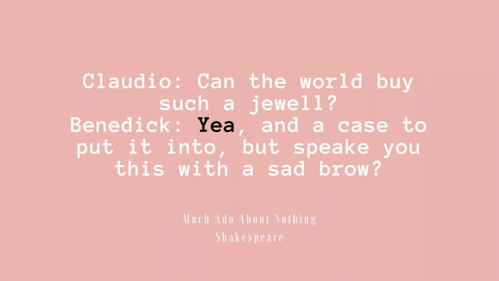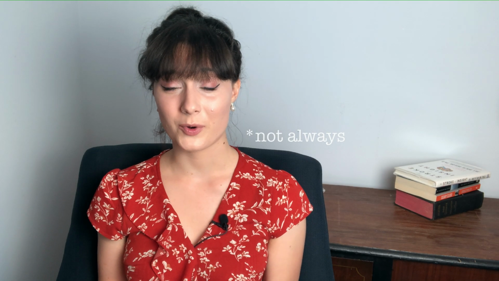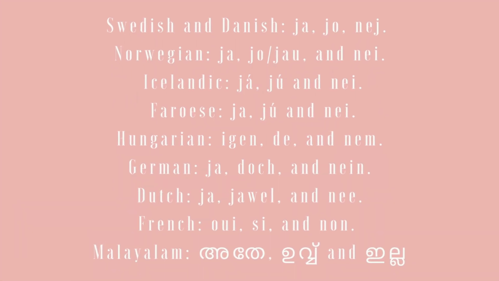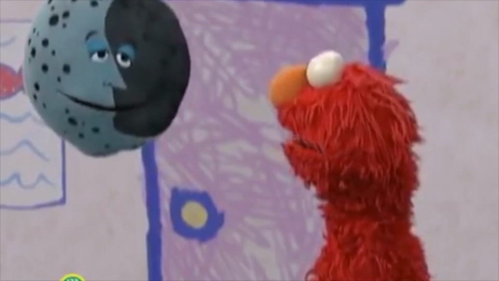Am I right? As recently as Shakespeare, this yay form was used in answer to a positively formed sentence, as we can see here. But even Shakespeare did not use this form correctly. So we can see even at that time, our three-form or our four-form in English was already dwindling away until now we only have a two-form system. You can see this list of languages today that still have a three-form system. You can pause the video if you want to have a closer look at those.